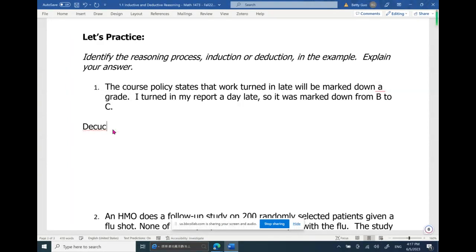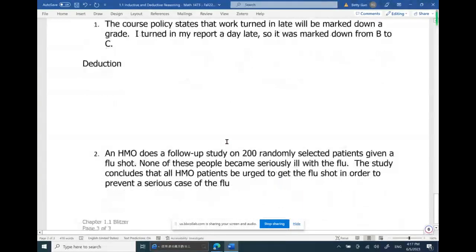What is deduction? From all to you, right? Yeah, the policy applies to everybody, all the students in the class. And from that, by using deductive reasoning, it also applies to you because you are one of the students in the class. So this is deduction. Number 2,